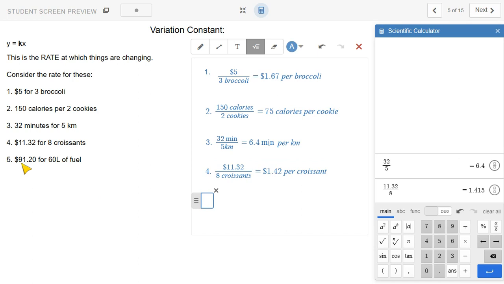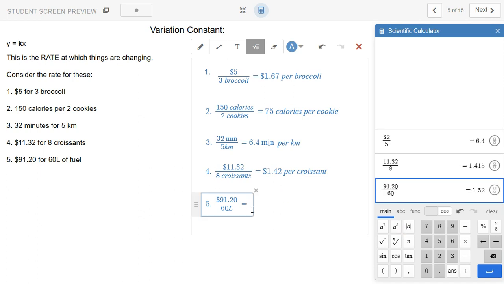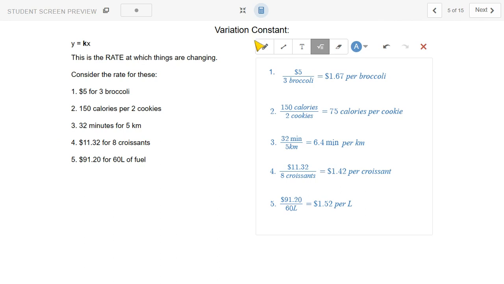Lastly, $91.20 for 60 liters of fuel. Let's find the rate at which this is changing. $91.20 divided by 60 liters, 91.2 divided by 60, and we have 1.52 per liter. Now you'll notice that for all of these variation constants that we've looked at, they all have two